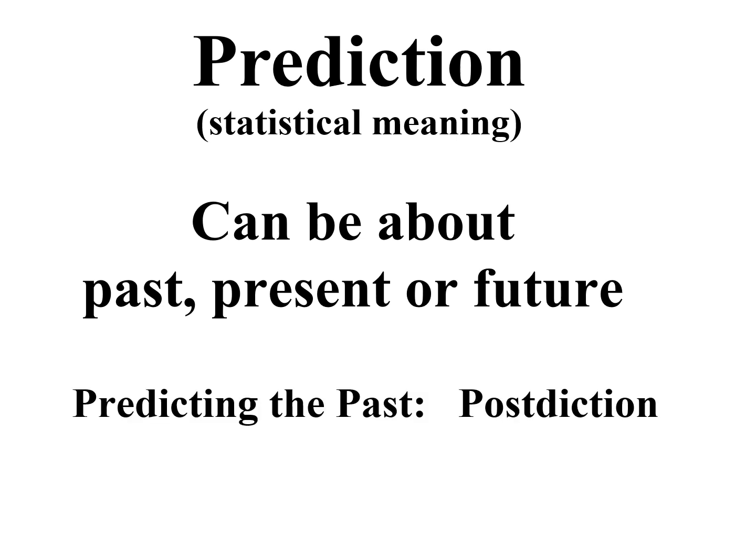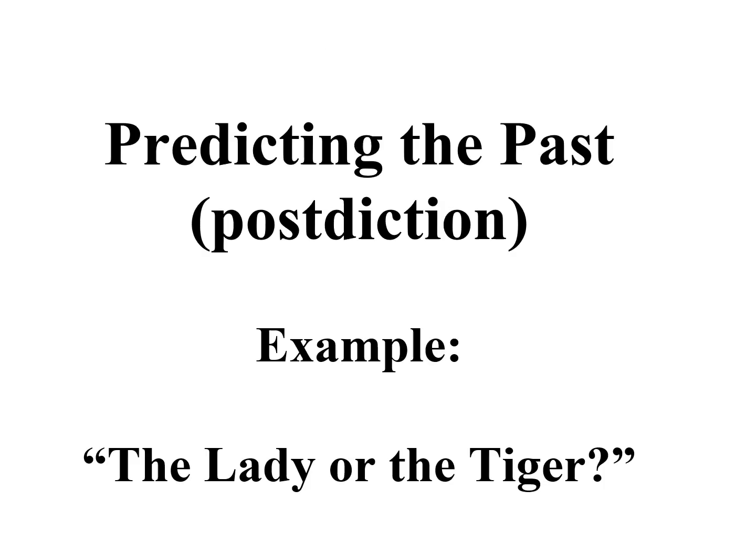A prediction about the past is sometimes called a postdiction, but in this class we won't be using that word much. When I'm talking about a prediction concerning the past, I'll call it a prediction instead of a postdiction. Now, in case you're wondering how there can be a prediction about the past,